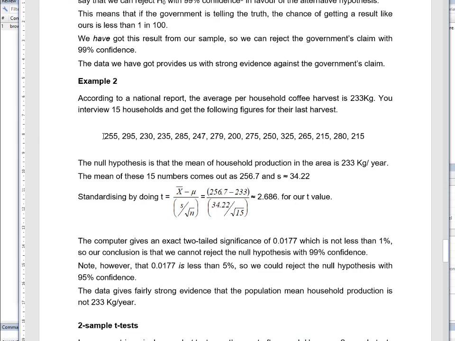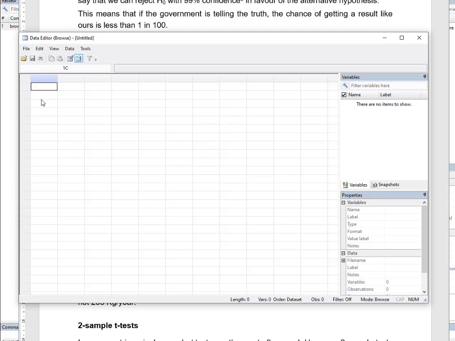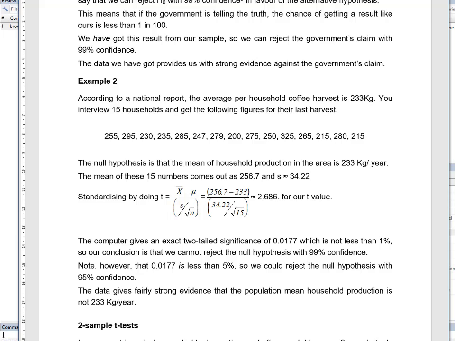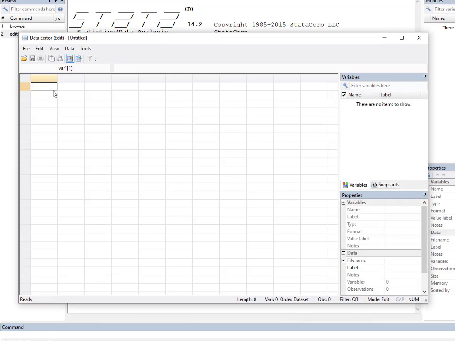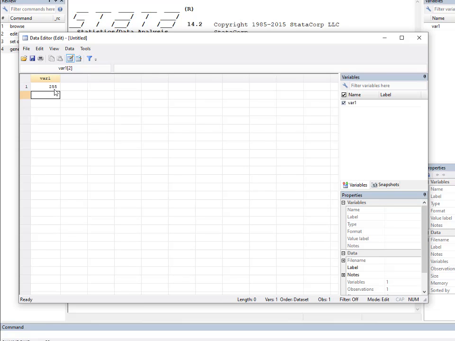So if I try and type in this data for the coffee, I'll show you how we did that analysis, to show you how you can do that in Stata. 255, nothing happens. This is because I'm in browse, which is the best way for looking at the data, because it protects it. You can't change it. So if you're just looking at your data, much better to be in the browse window, because otherwise you can accidentally change a number and you can never trace what on earth happened. If you definitely want to change it, like we definitely do now, because there isn't any data, you want to go for edit, which gives you the same kind of window, and now you can start typing in 255 and so on,